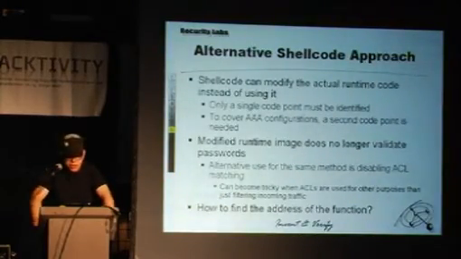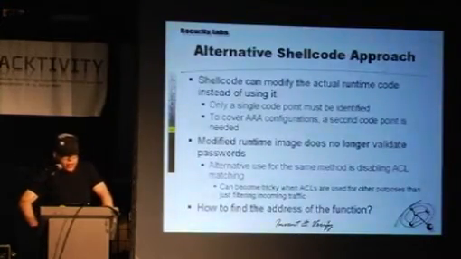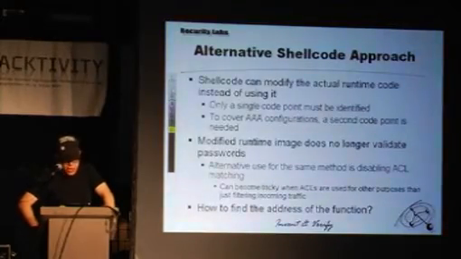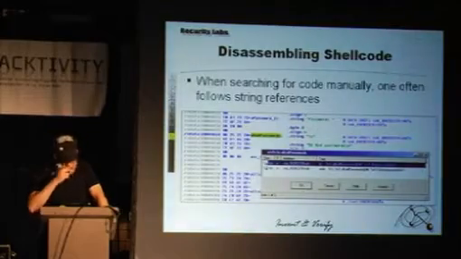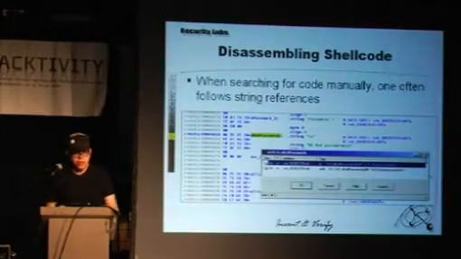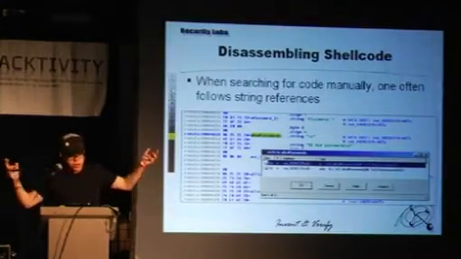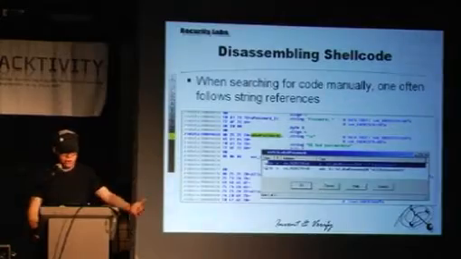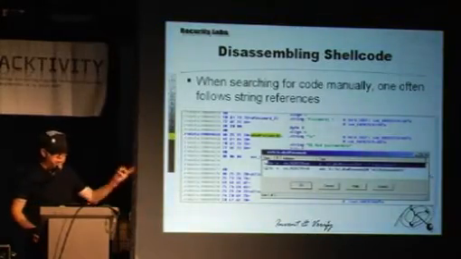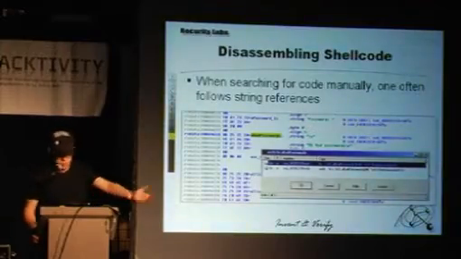You can also go ahead and just modify the runtime code. That works quite well, but then again, you have to find the address of the code you're patching. The way I do that right now is the same way you would do that manually. Manually, you would go ahead in IDA, look for a string like bad password, and then look for cross-references, meaning code that actually references that string, and then you will know where the password is validated. Pretty much like cracking a game, paying less for a game.